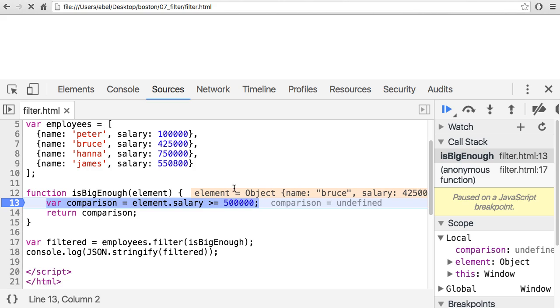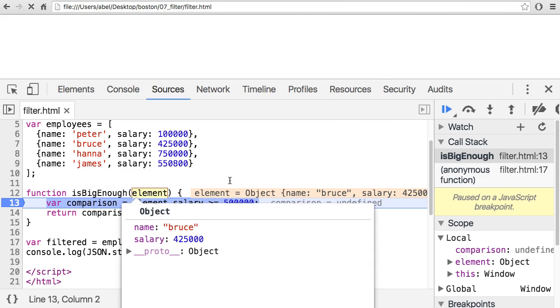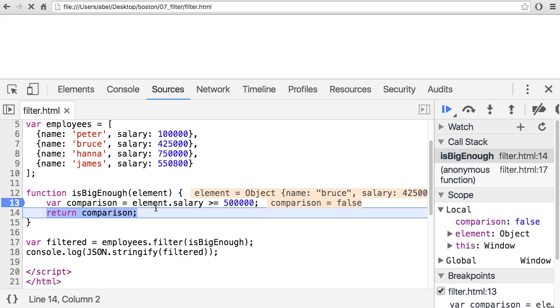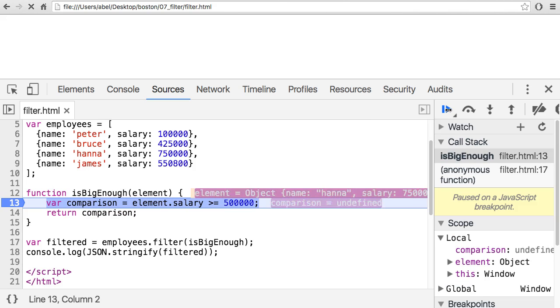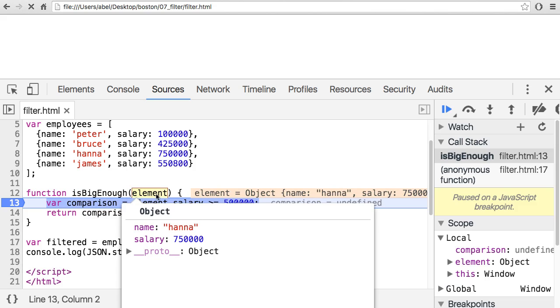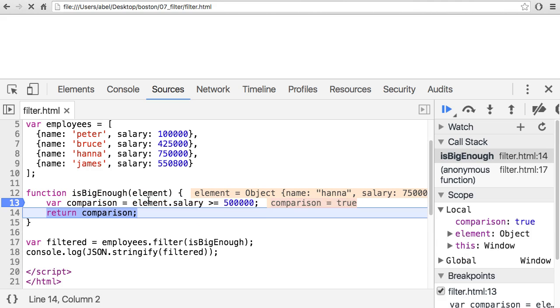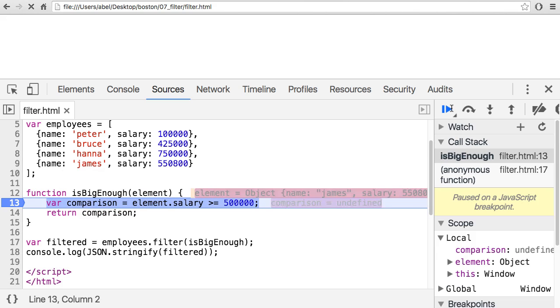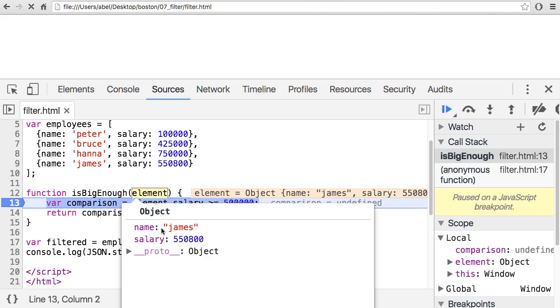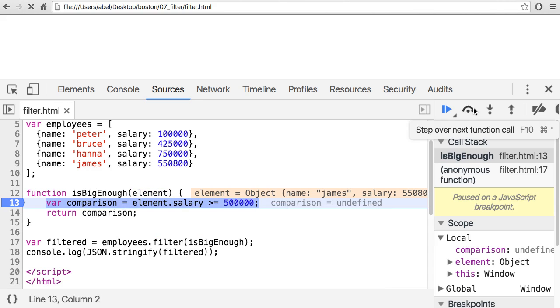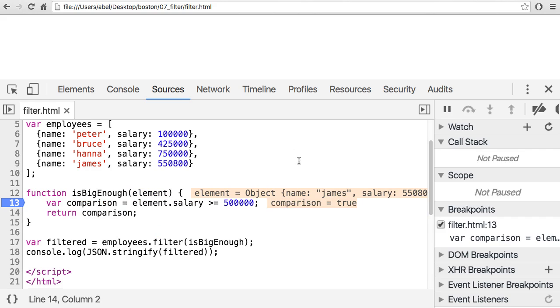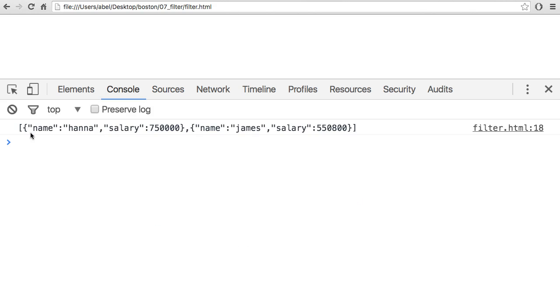So I'm going to go on to the next element. And in this case, this person has a salary, let's go ahead and look at the element, of 425. That should also be false. And as you can see there, it is false. Let's go to the next one. In this case, the person has a salary of 750,000, and this one is true, and so that one will be kept. And so if we go to the next one, this is the last one, this one will also be kept because it's over 500,000. So if we continue then and we look at the console, you can see there that those are the values